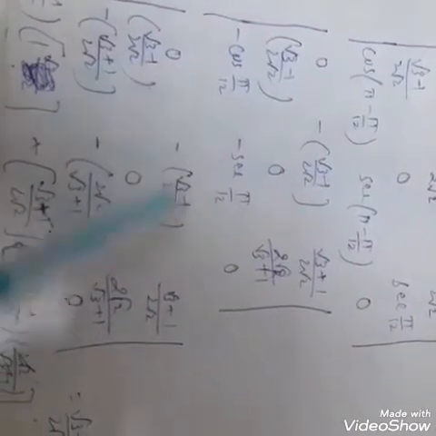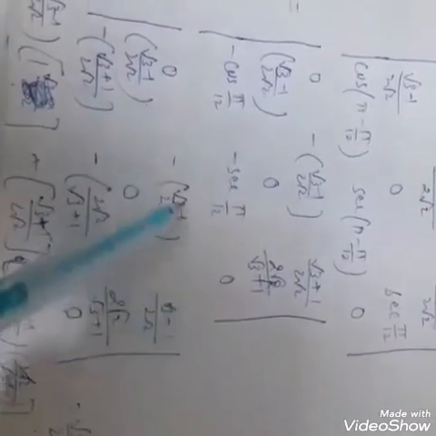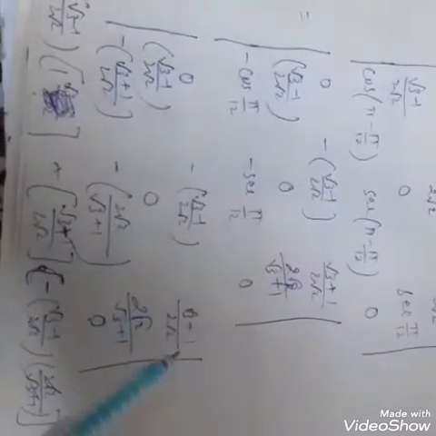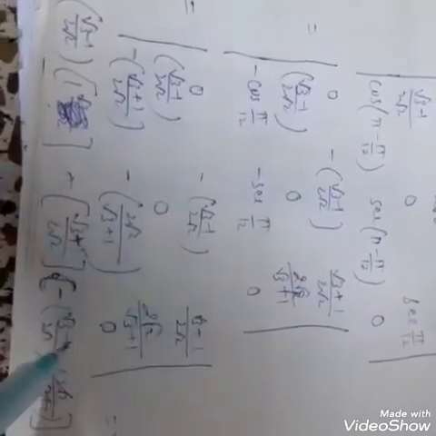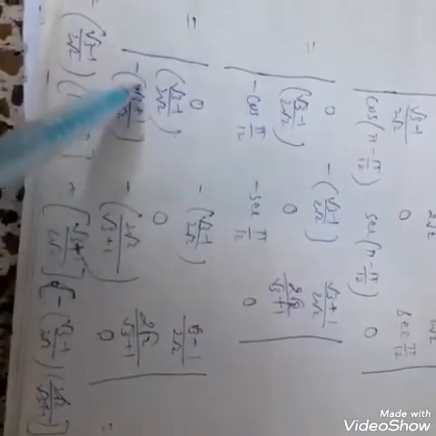So plus minus plus, so it is plus (root 3 minus 1) by 2 root 2. First row, second column should be cancelled, 0 minus minus plus, 2 root 3 and root 3 plus 1 should be cancelled, so it is 1. Now (root 3 plus 1) by 2 root 2. First row, third column should be cancelled. It is minus, so plus minus minus. Again 2 root 2 should be cancelled.